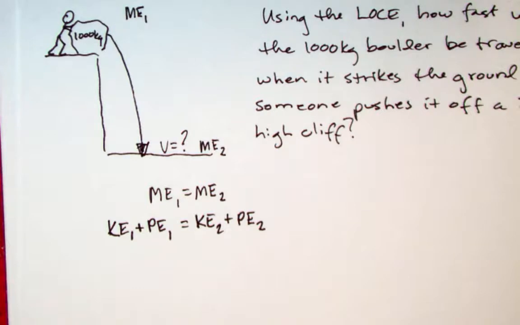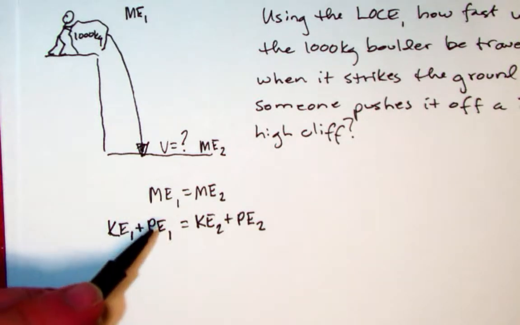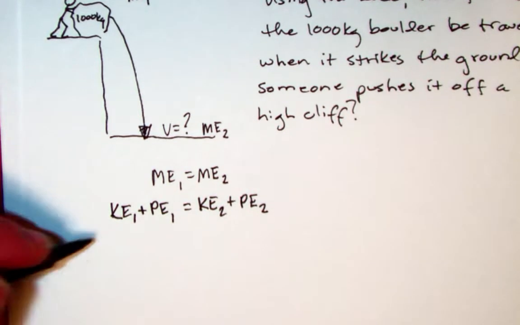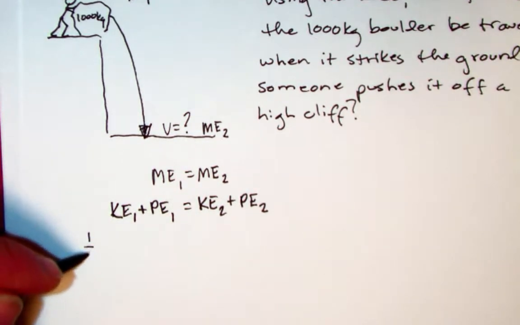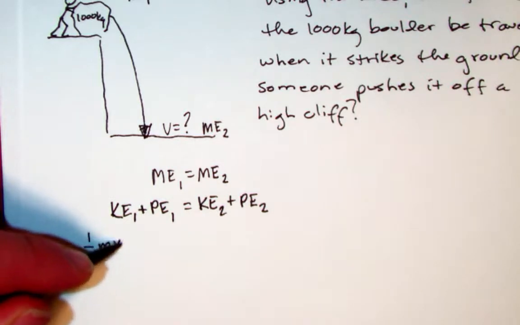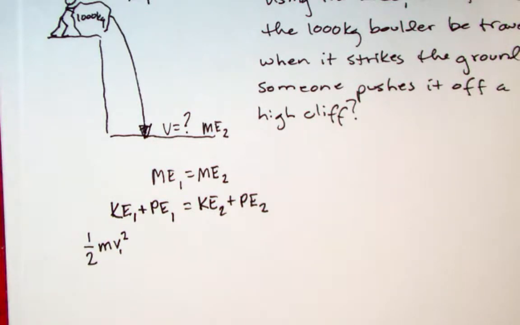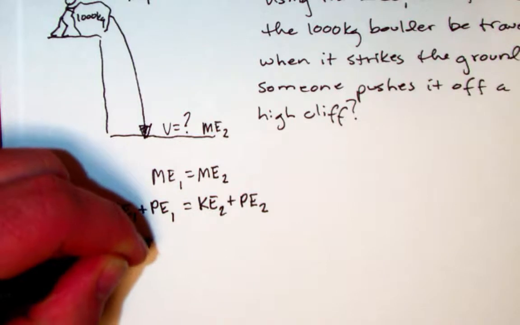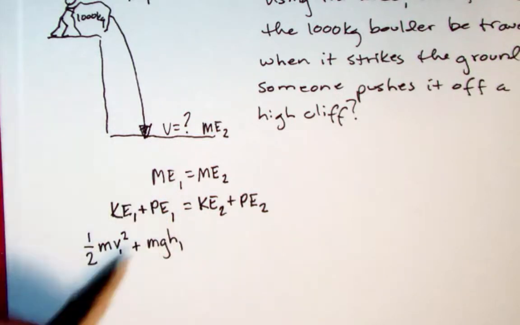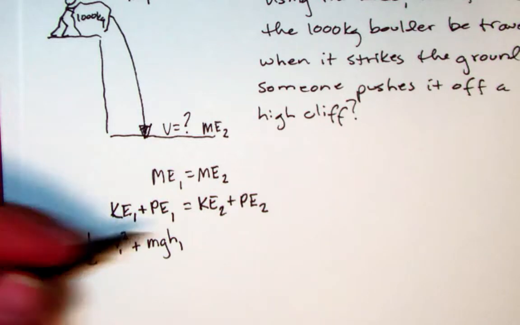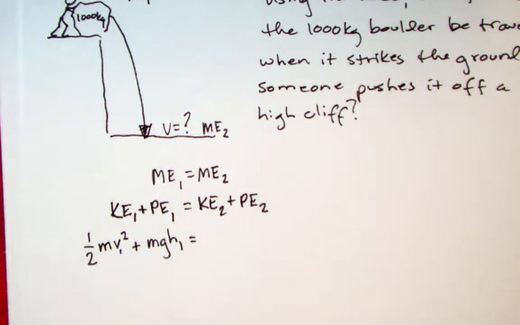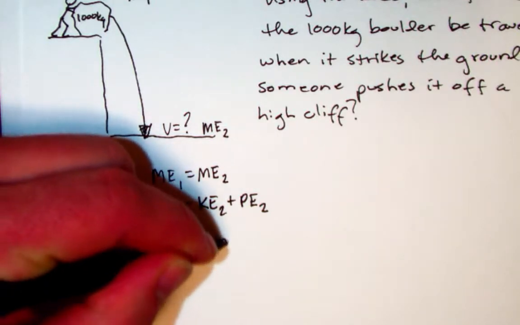Now even this, while again being true, is not as helpful to us as we'd like to see. So we need to remember, what are the equations for KE and PE? Well, 2 days ago we learned the equation for kinetic energy is 1/2 mv squared. And because it's our beginning situation, we're going to say v1, the initial velocity. We're going to add that to our mass times gravity times the initial height, height 1. Then on the other side, it's going to look exactly the same, except I'm going to put 2's instead of 1. So that's going to be 1/2 mv2 squared plus